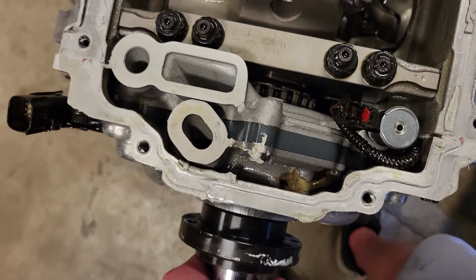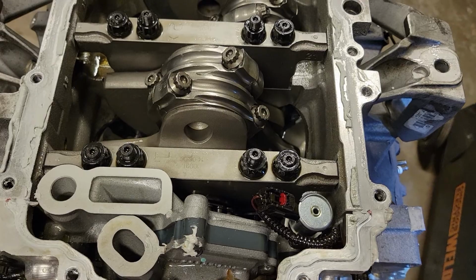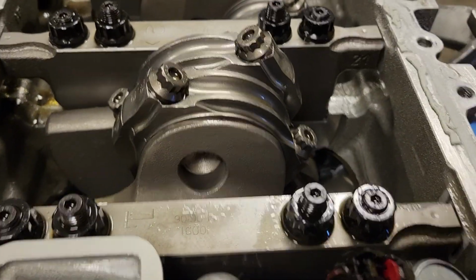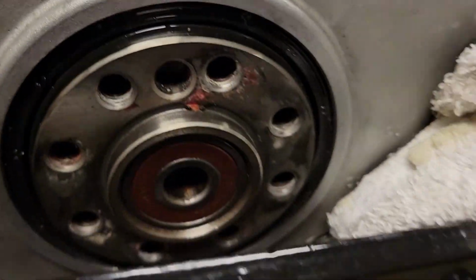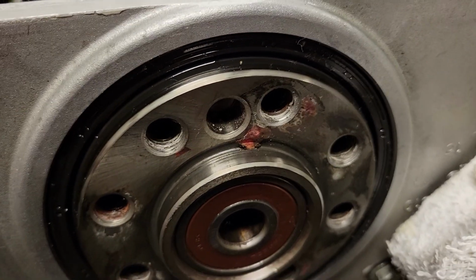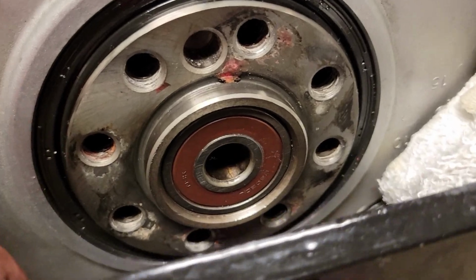And you can see, if I pull on this, if I look at the crank snout, there's my wobble. Right there. There's my wobble. And you can tell in the back, the rear main seal looks like it's okay. There's some oil back here, but I had a front main go, so a lot of oil got everywhere, so it's kind of hard to tell. But I'm going to do a new rear main seal anyway,